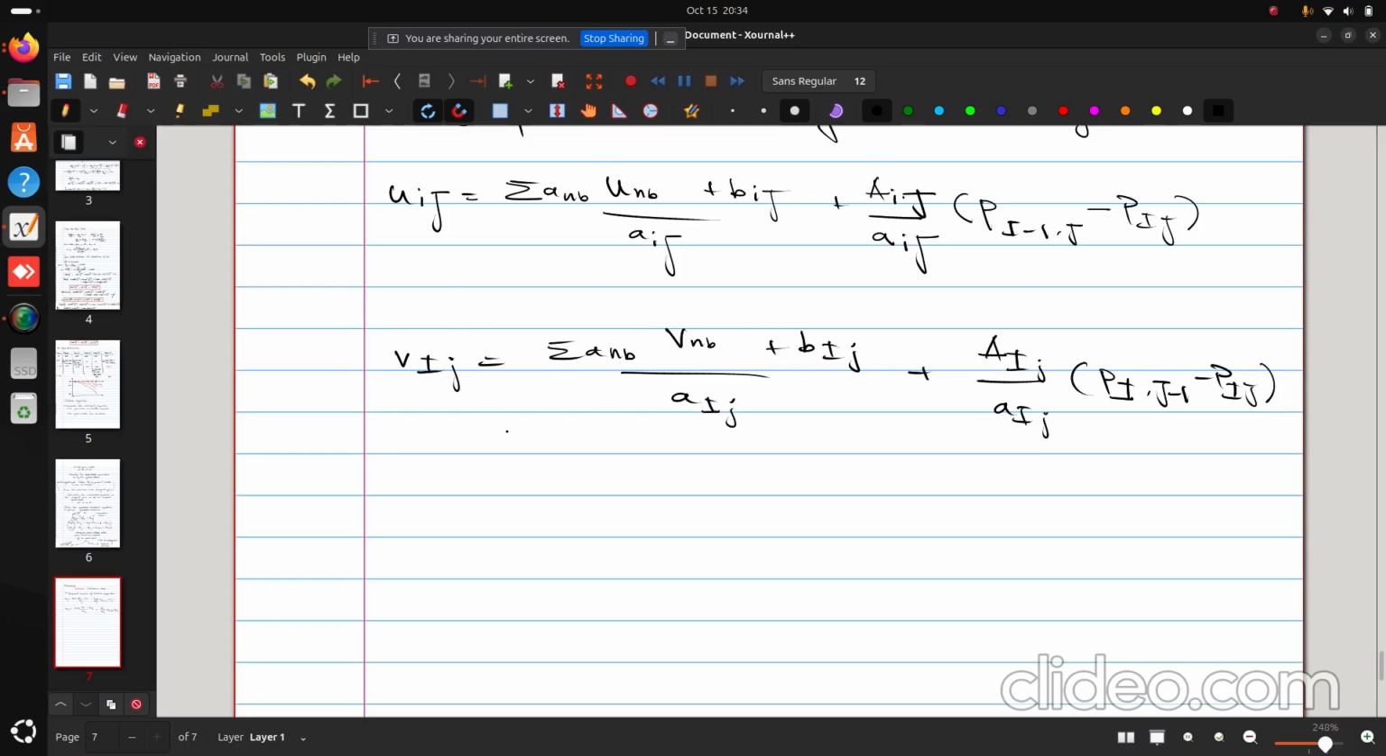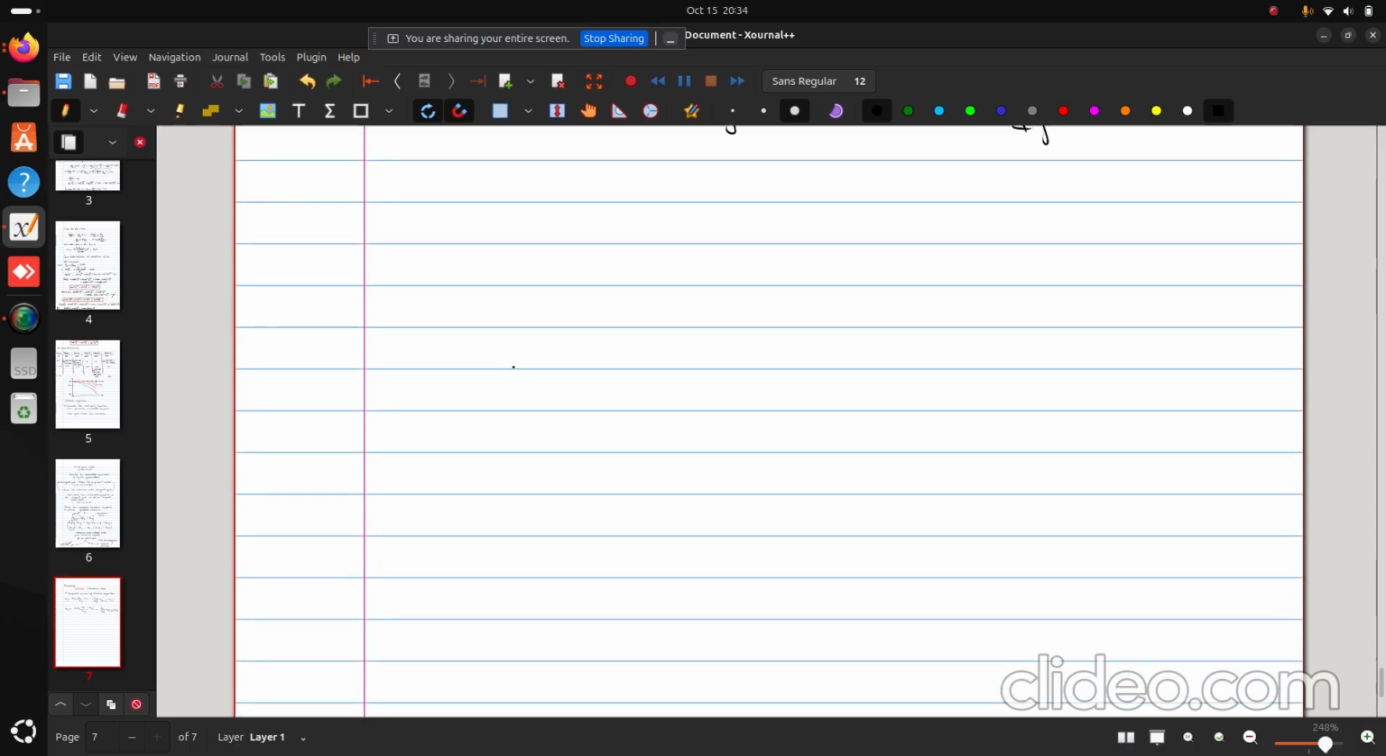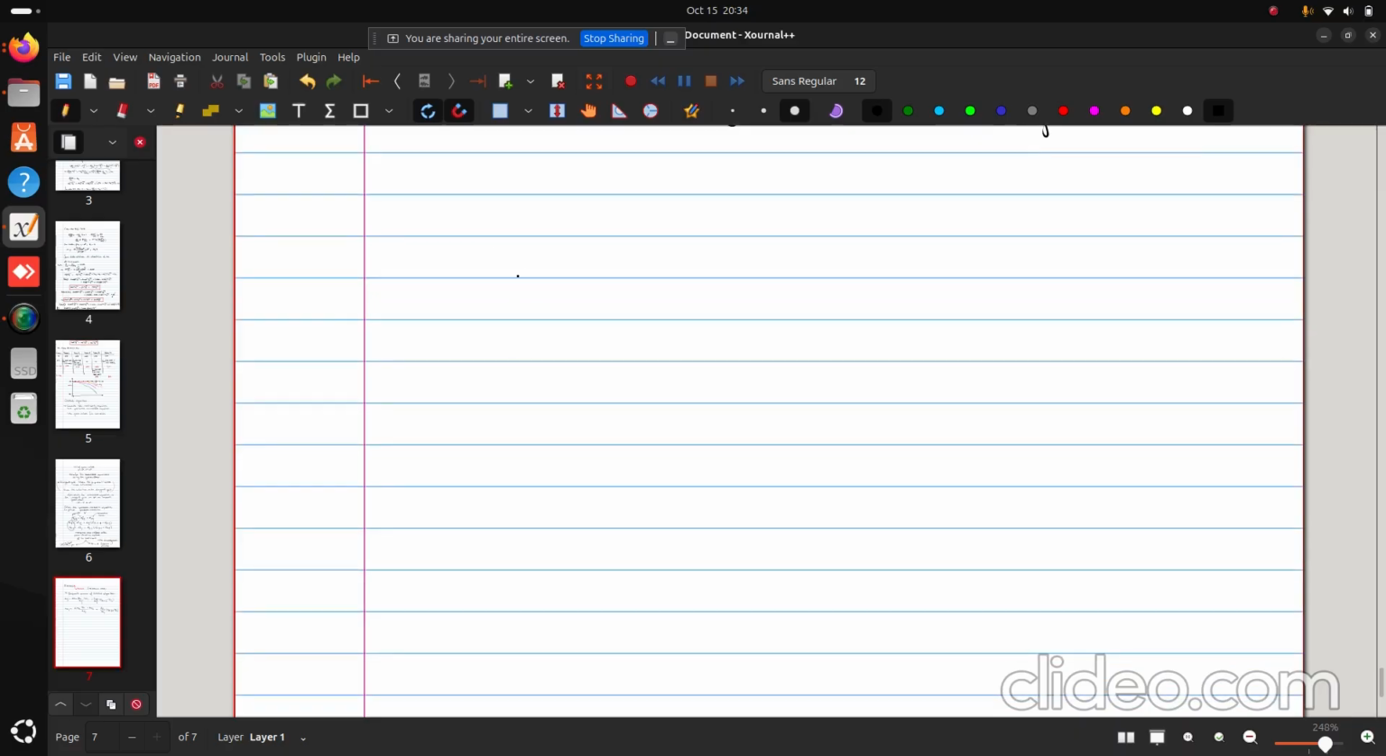So in the SIMPLER algorithm there is something called the pseudo velocities, given by u hat small i capital J equals summation a_nb u_nb plus b small i capital J divided by a small i capital J, and